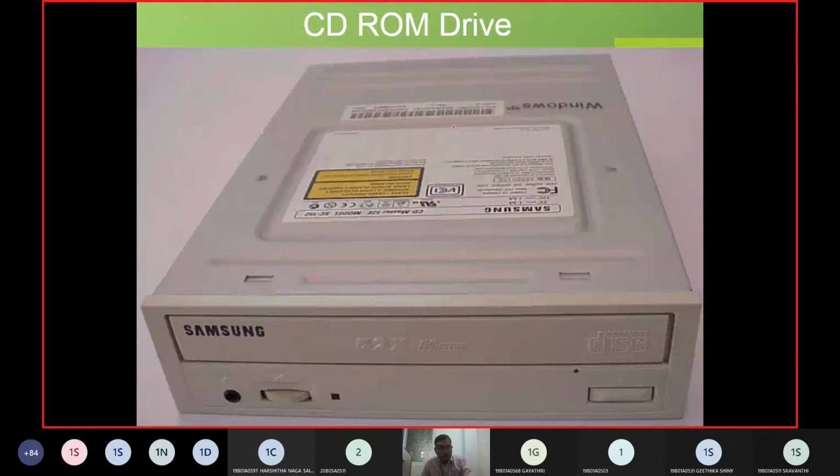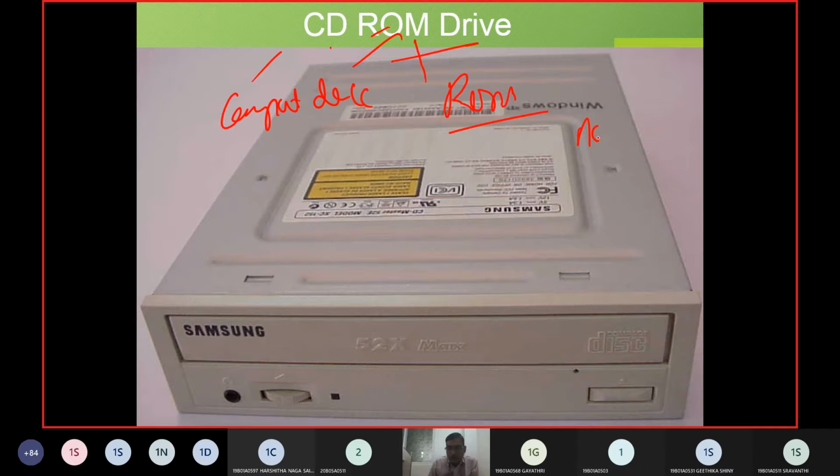Again, in your laptops you are also going to have the compact disk read-only memory drive, CD-ROM. CD stands for compact disk, and read-only memory, we call it non-volatile, and obviously the data whatever you store is going to be permanent.